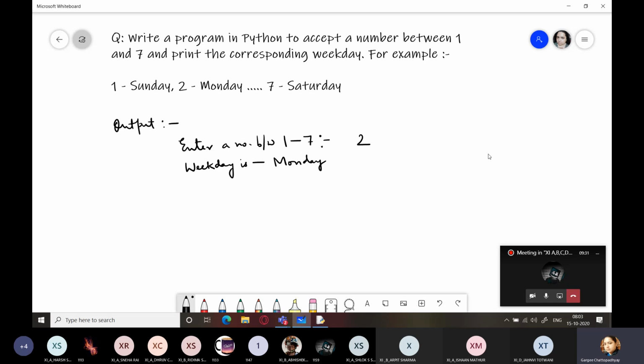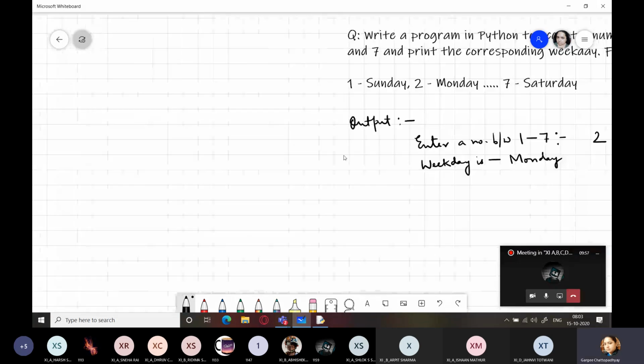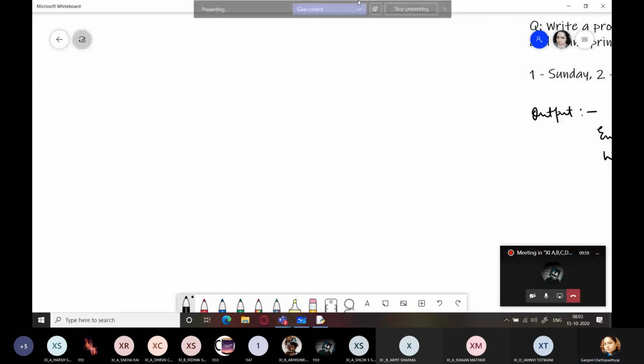Flow chart will help you to understand the underlying logic of the program. I'll give you the beginning of it. First, start.